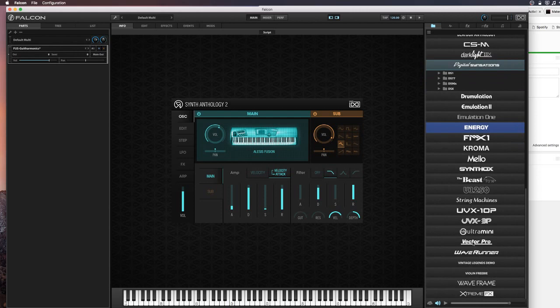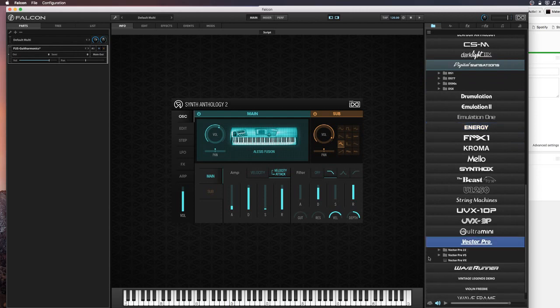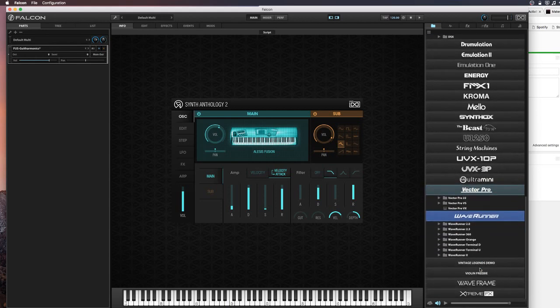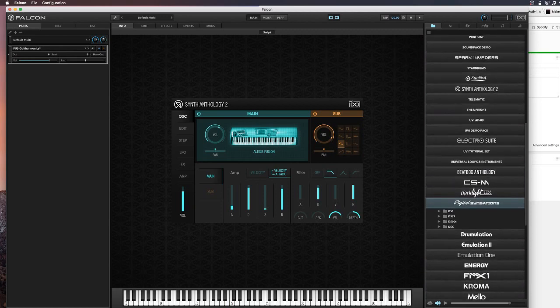You've got the Vector Pro, which is all your Prophet VS and stuff like that. You've got Wave Runner, which is your Waldorf and PPG stuff, and then Waveframe, which is the vintage kind of sampler stuff. They've done a lot, but what I really like about this is that this is just like a real kind of greatest hits and then some, and it is categorized by sound type rather than instrument type,